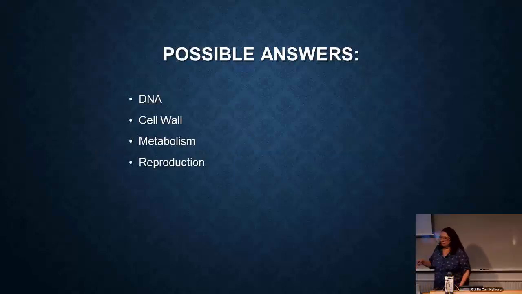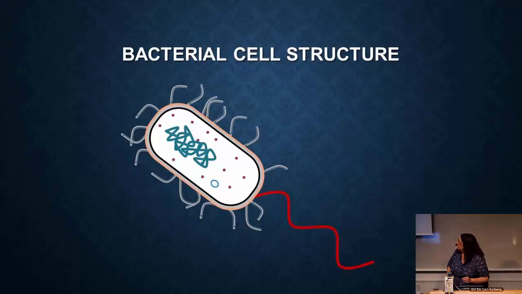Good. So these are the things I'm going to be talking about in the rest of this class. So I'm going to start. Here's my little drawing of a typical bacteria. Again, there are many bacteria, and I'm not a very good drawer, so it's the best I could do for bacteria. And I'm going to go through the different parts of a bacteria first and talk about the different features